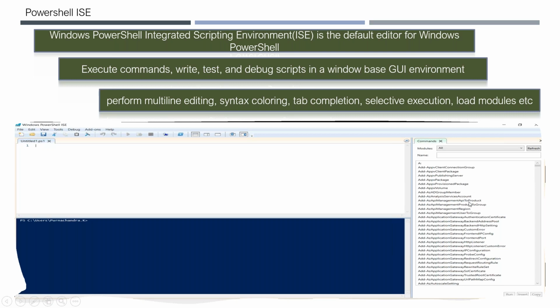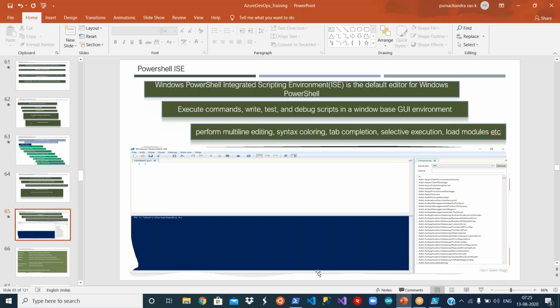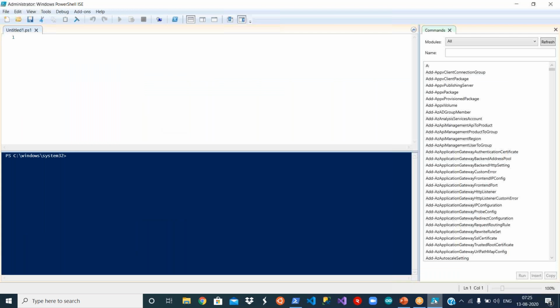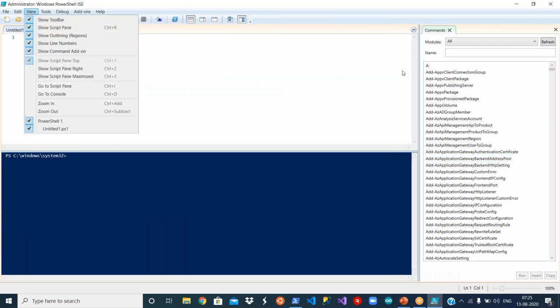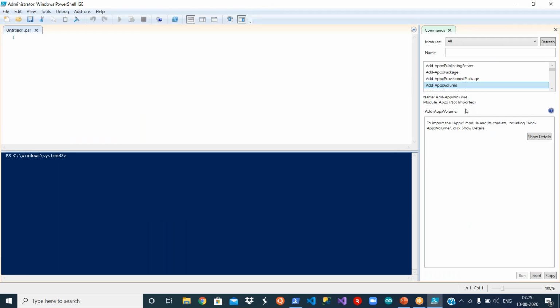Sometimes you may not remember, right? You don't even know, but you can go by analogy. If you want to start something, like start a virtual machine or IIS, you can go and type start, and then it will give you all the commands, the way Google search works. Okay, so let me see why it is not coming here. Yeah, so you can go and start commands add-on, so you can see the same thing here.